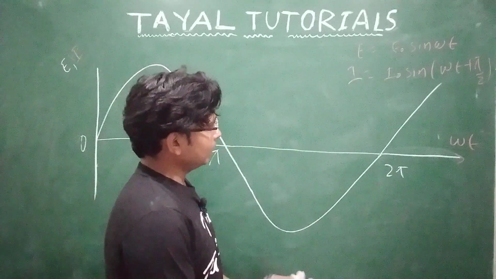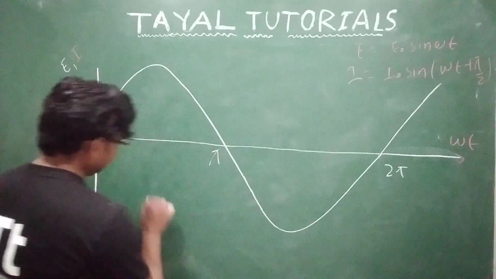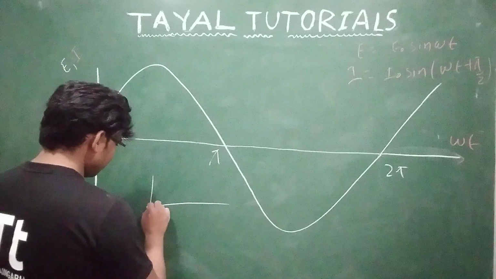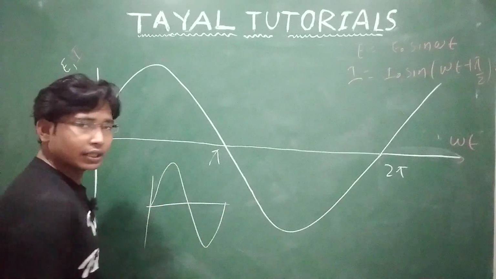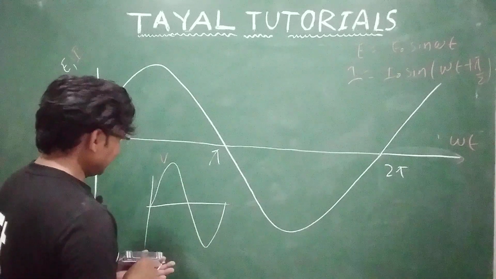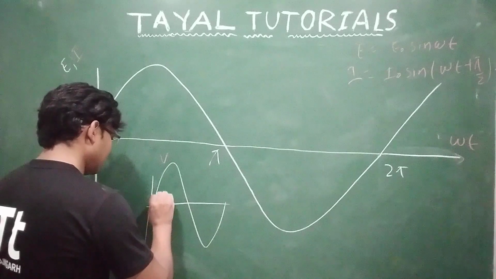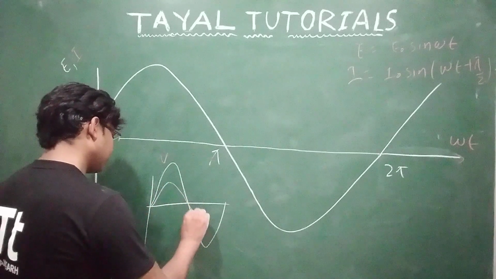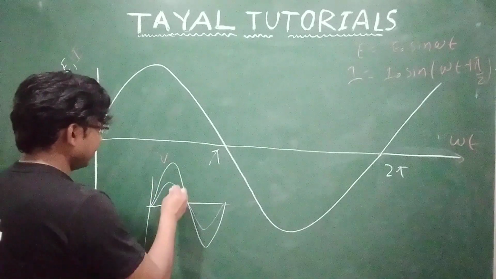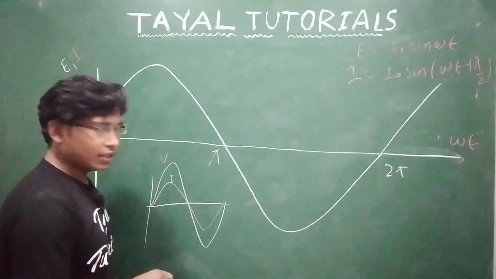You can see simply in-phase quantity, I am giving you an example, see here. This is a graph, this is a voltage, okay, this is V. If I want to see in-phase quantity, so here there is voltage, and here I showed the current like this. So what is happening? Voltage and current are in phase.